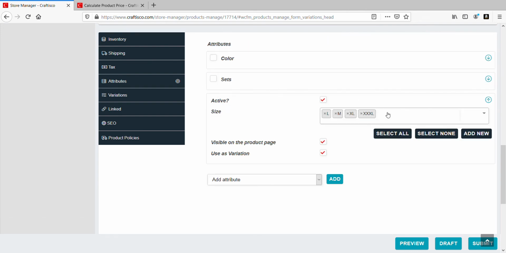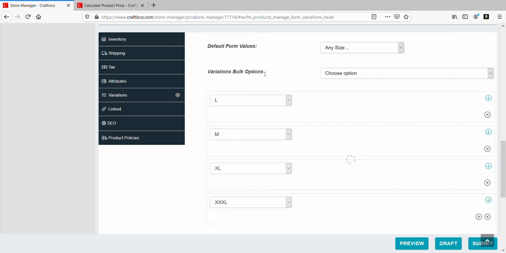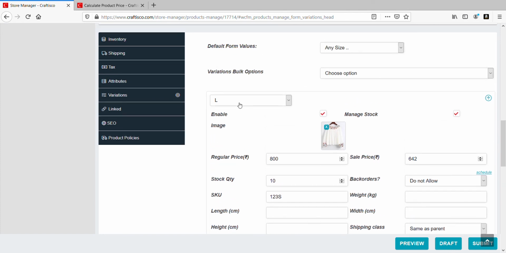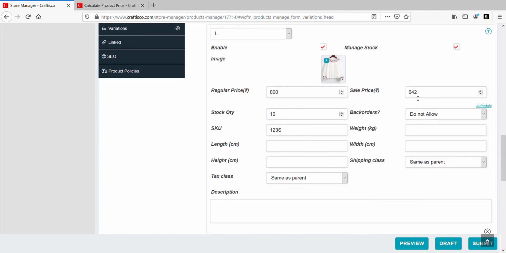What is varying in my product, and then I've created a variation out of it. So when I click on variation, I choose this create variation from all attributes and these options open, and here I can put my information. So here I'm varying by size. If I'm varying by color, then the image changes based on the color, right? And the prices, you can also vary the price based on the variation.